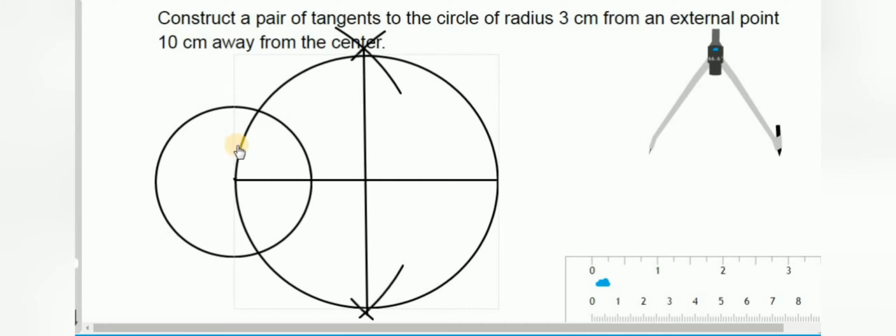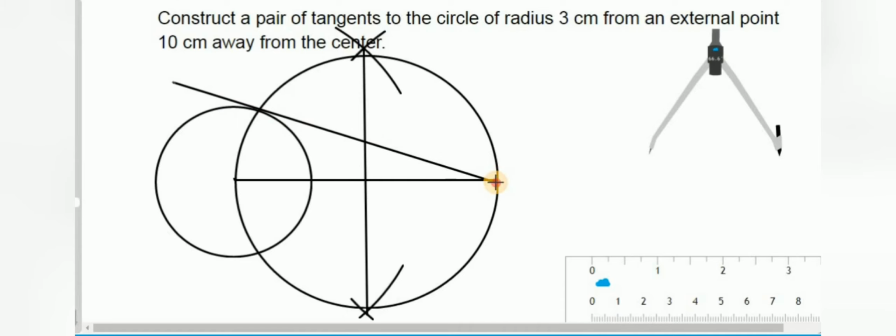After this, see, this is the first circle and this is the second circle. These 2 circles are intersecting at 2 points. Search where those 2 points are, this one and this one. Here is the point of contact. So this point and the end point of the straight line, we have to join these 2 points.